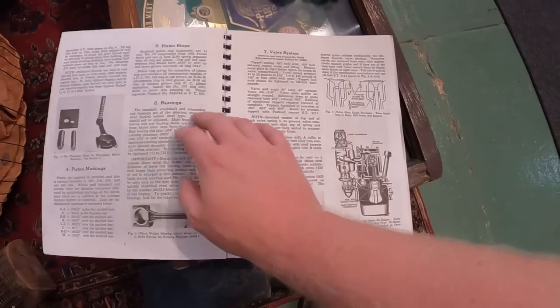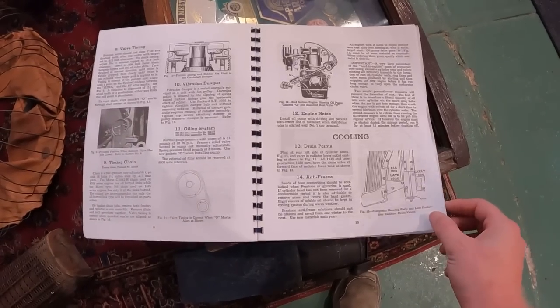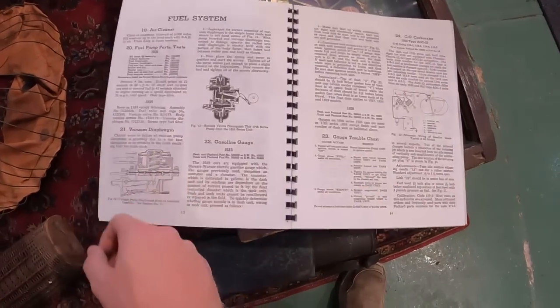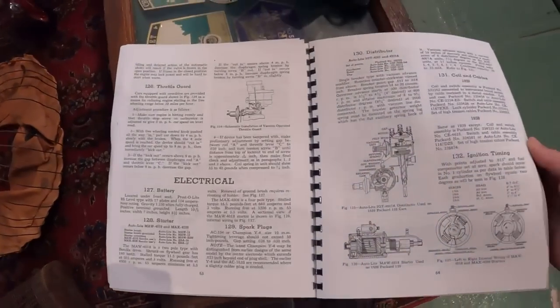And this is a treasure trove of information right here. It tells you how to set the valve timing. It tells you everything that you would ever want to know about this car. Electrical system,